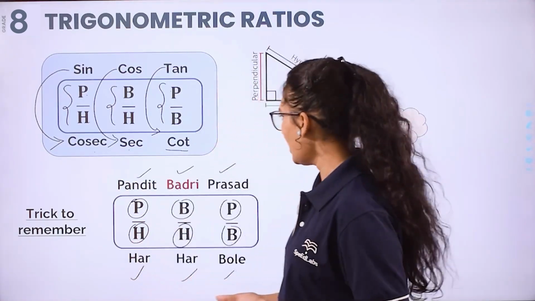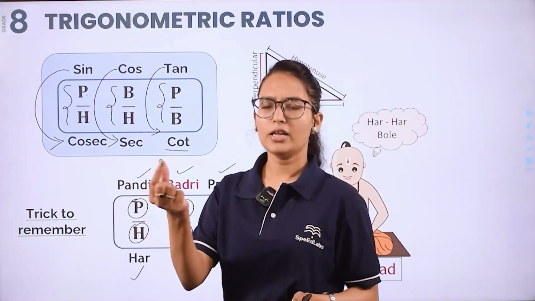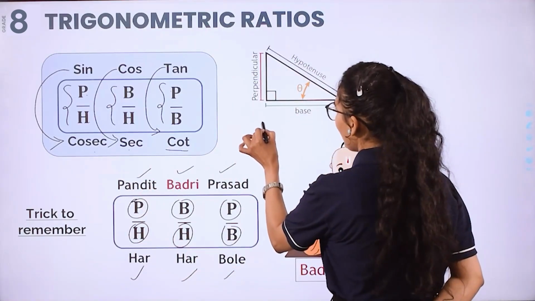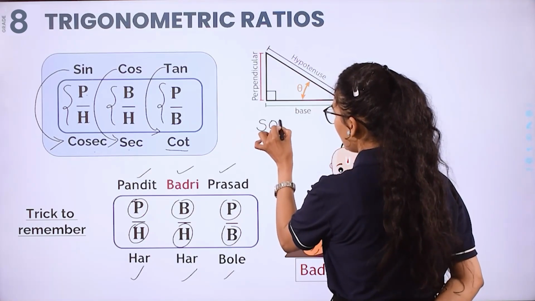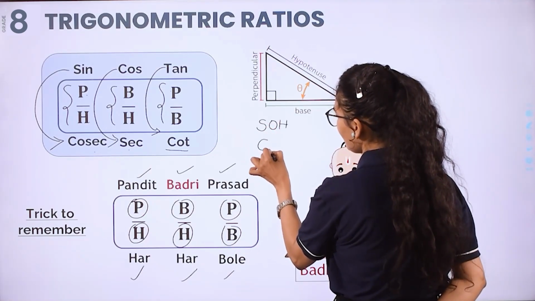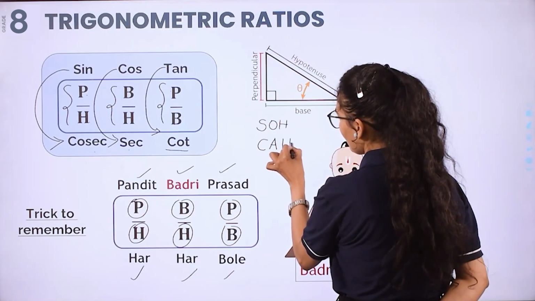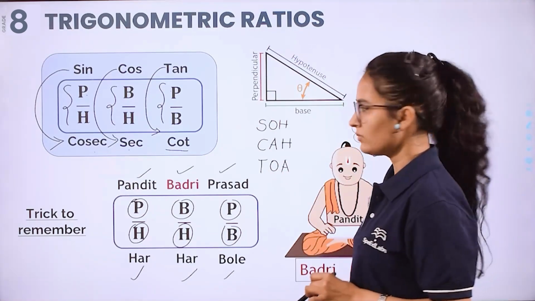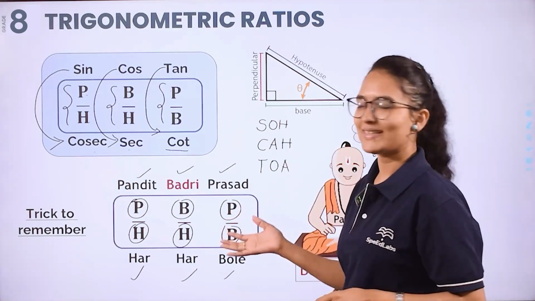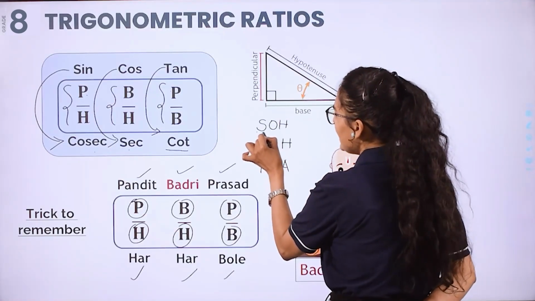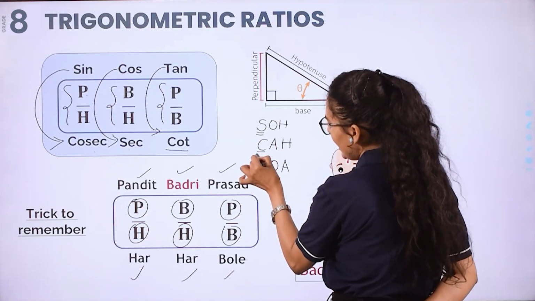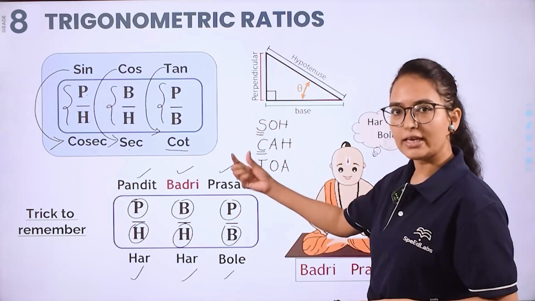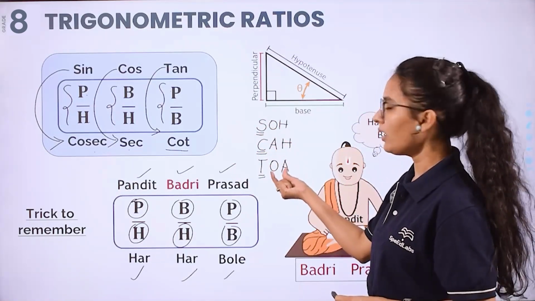I will tell you another one also. It's not a trick but a mnemonic you can remember the definitions by. Okay, so if I'm writing some words. Now, very weird, right? What is the meaning of this? Let us see. This S is for sine, this C is for cos, and this T is for tangent. Okay, so if you try to read the words, this becomes so, ka, tua.